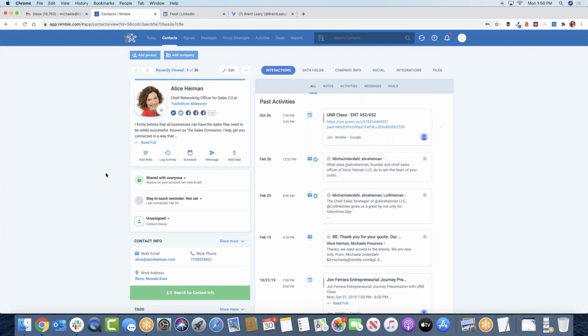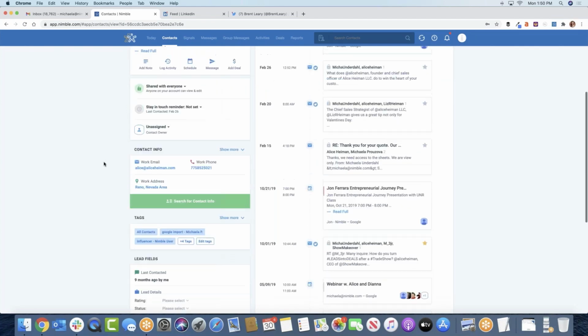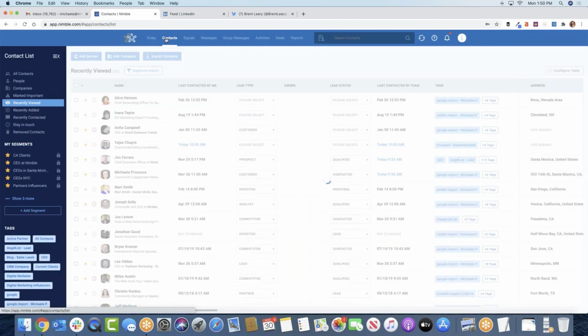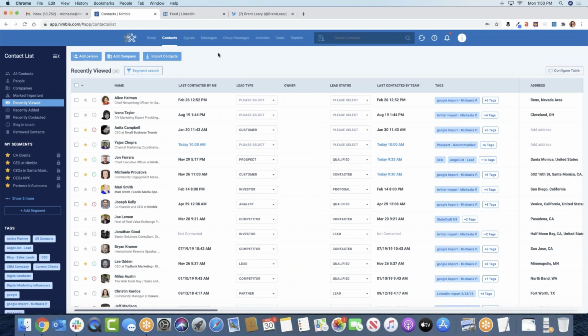Once you do have the information on the contact records, once you possibly apply some tags onto the contact records and fill out information in the data fields, then you'll be set up to start using the search here, our segmentation feature.